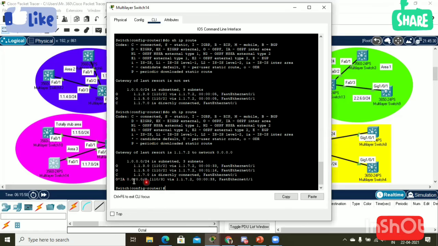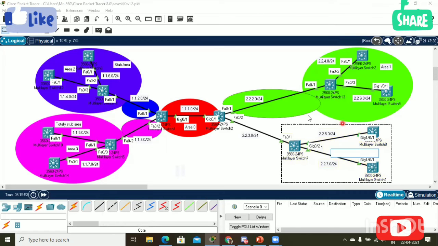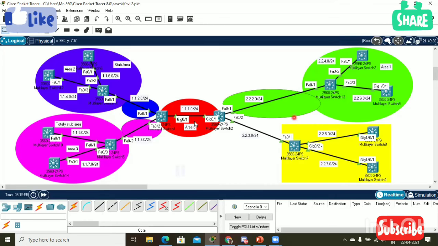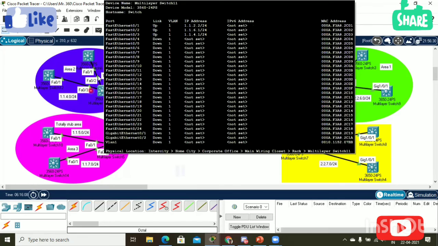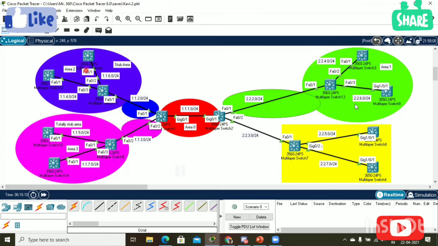You can see the stub area blocks updates from all other areas. So this stub area blocks summary LSA. Summary LSA means update from ABR. It blocks updates from ABR, so it will not receive the routing updates of stub area, standard area, and backbone area.